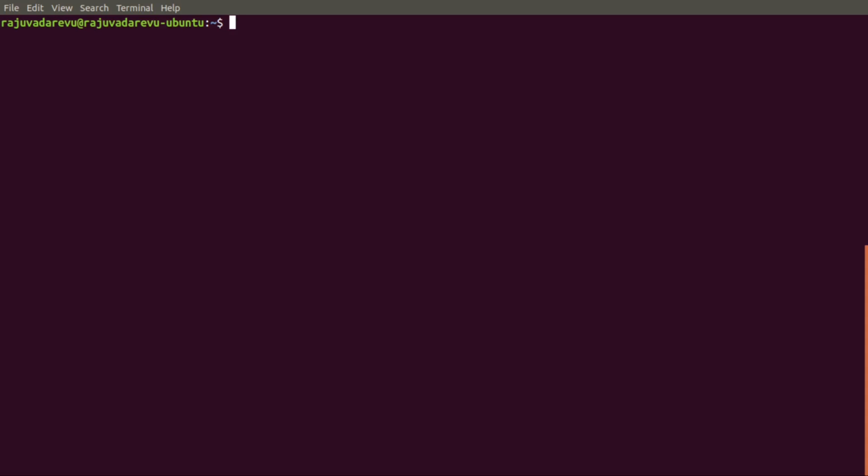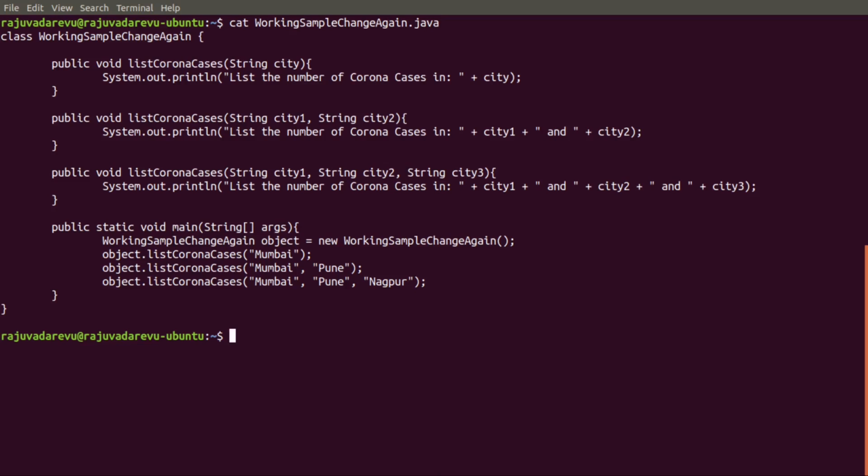So again you went back to your code base, started doing the code changes, and you came up with this change. So again you have used the concept of overloaded methods. You have defined a method with the same name, and the new method is accepting three arguments here. And in the main method, as usual, you created an object and are calling those methods by passing that many cities. So let's compile this code. I don't see any problem in the compilation of this code. So let's verify whether the compilation is successful or not.